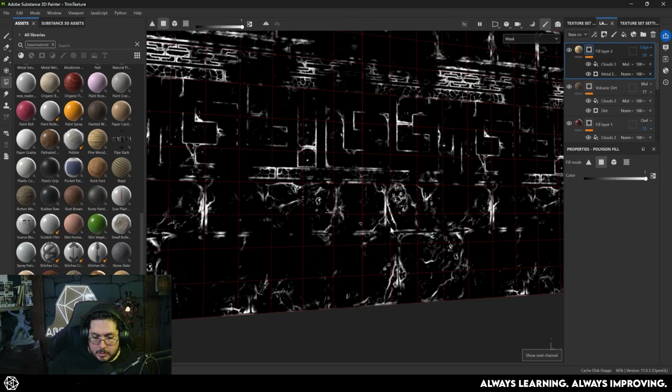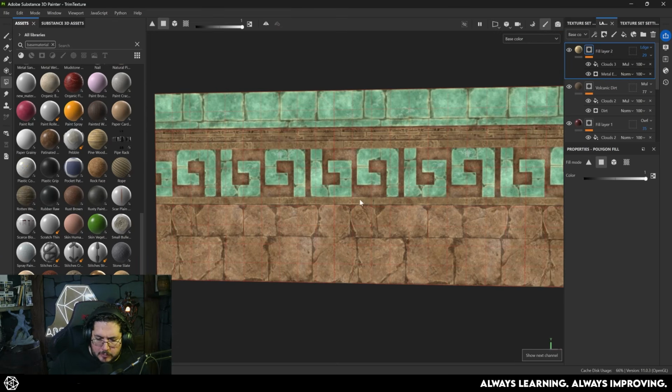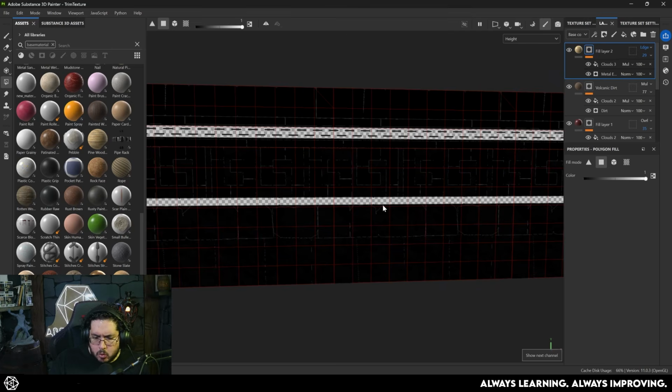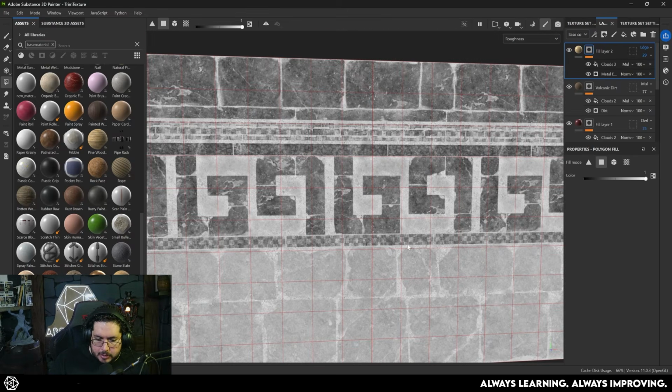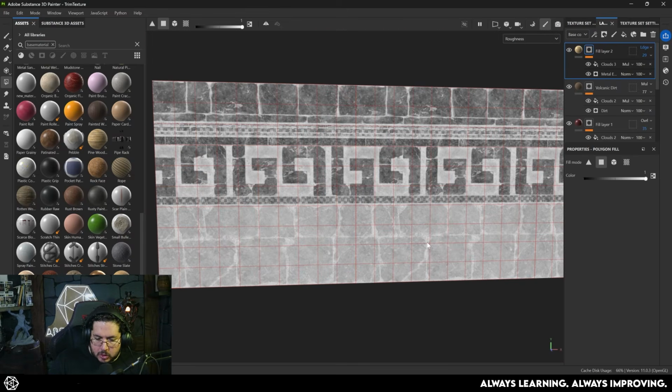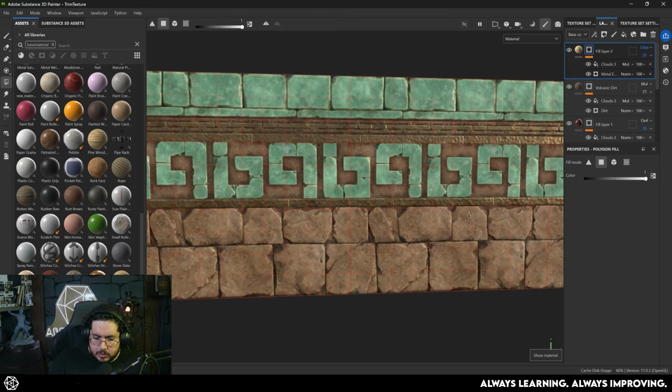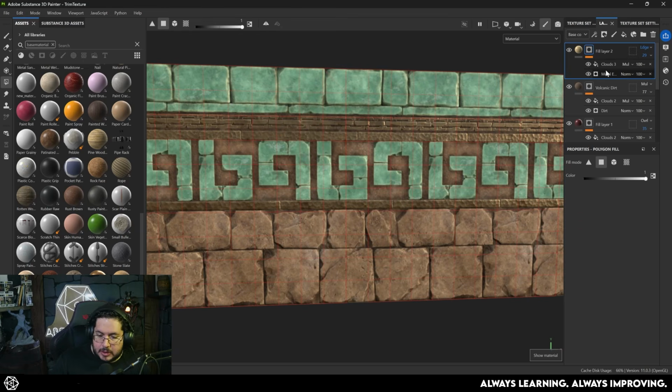Now, the next thing that I want to modify is if I go to the channels, I really like the color channel. I think we have enough variation. I don't think we need to push it anymore. The height information is fine. The roughness is looking okay-ish, but we can definitely play a little bit more with that. It's looking a little bit too rough down here. It's actually not bad again. Normal map plus height map. Yeah, everything is looking fine,